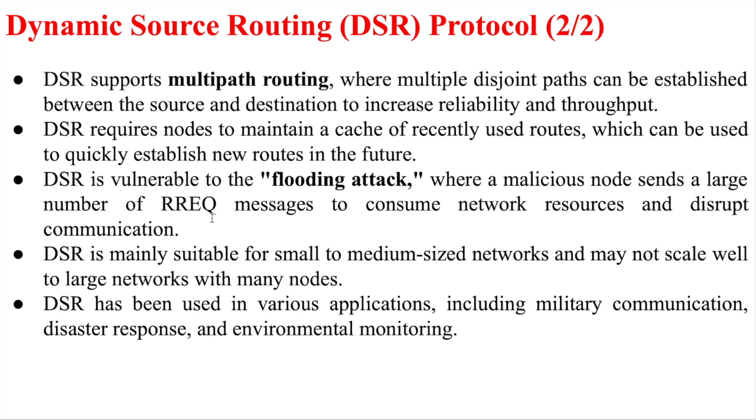And yes, there are some challenges in the DSR routing protocol, such as the flooding attack. That means when you find the path, you broadcast or flood this information to the entire network, or all nodes. So maybe you are a correct node, but maybe some are malicious nodes, and they also do the same thing. So unnecessary route request messages come into the picture and they disturb or interrupt